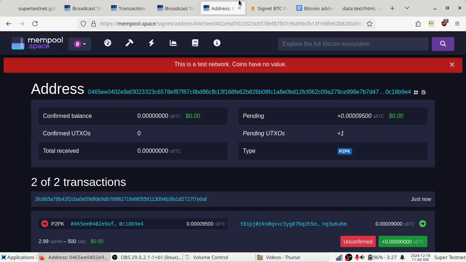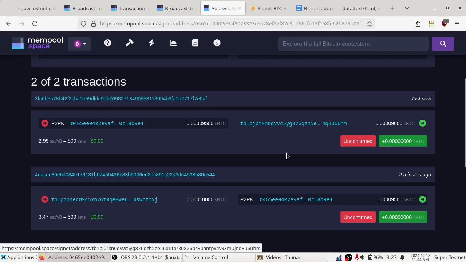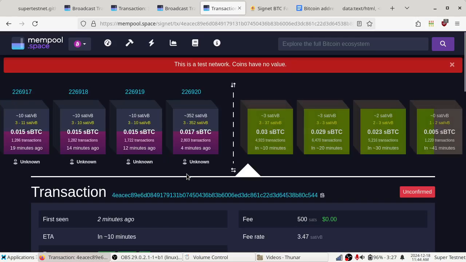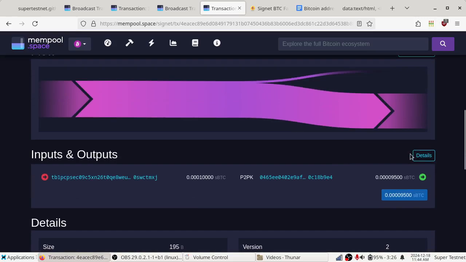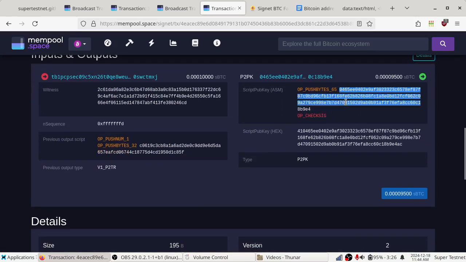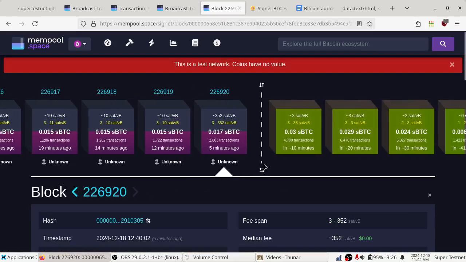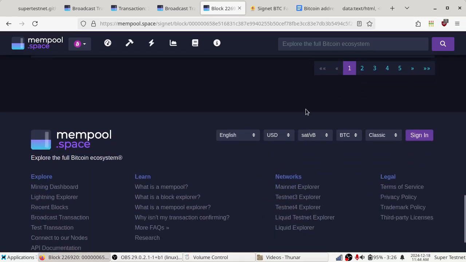Another thing that I think is interesting in this transaction, oh look, it now knows that I received money here and then I sent money right here. But if I look at this transaction, the one where I received money, and then go down to its details, I just think it's funny to see, like, this is on the blockchain. You know, this is what it looks like on the blockchain that I received money to this. And normally, when you receive money in a regular transaction, like if I go here and then just pick a random transaction that sent money to somewhere,